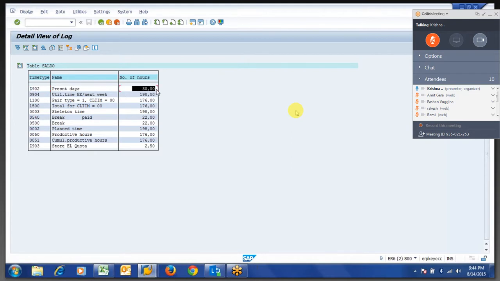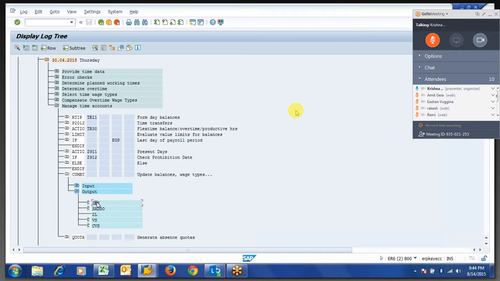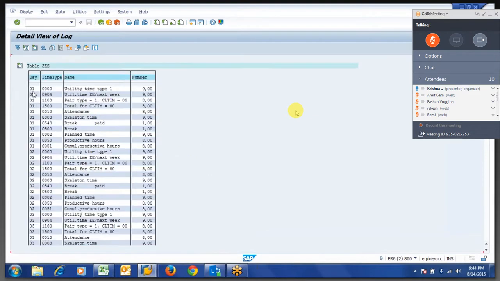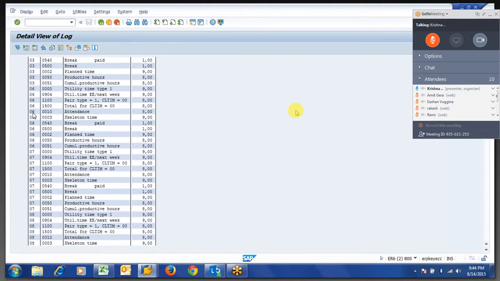This is the time type. If I push to the ZES table, on first, second, third, sixth, whatever the time types are there, it will store based on a day. But it is not required for us. I require a lump sum amount; on which day it was generated I don't bother.